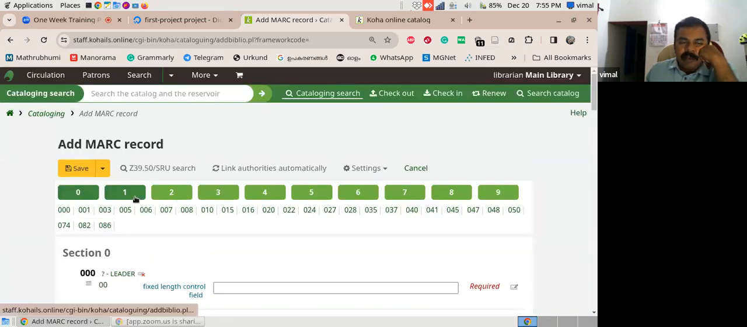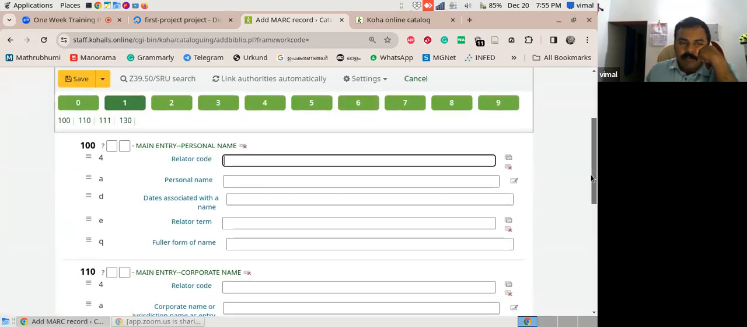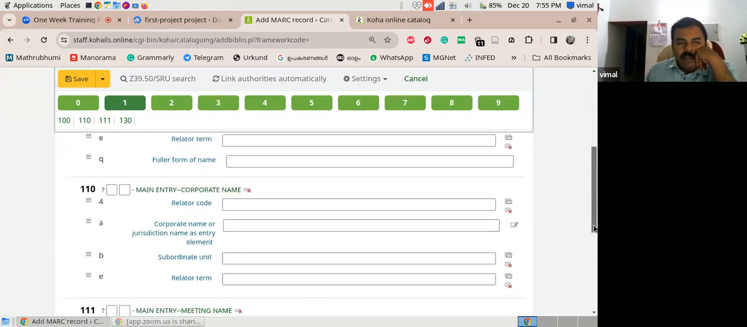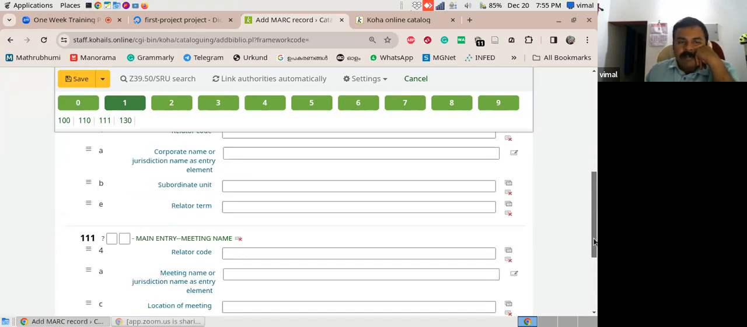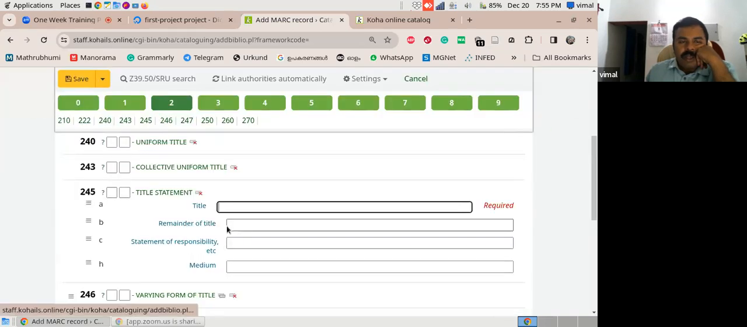Then entries starting from 1 are arranged here. For example, 100, 100A personal name, 100D date associated with the name, 100Q full form of name. If we want very detailed cataloging, we can use it. Then 110 corporate name, then 130, then 2. 2 contains